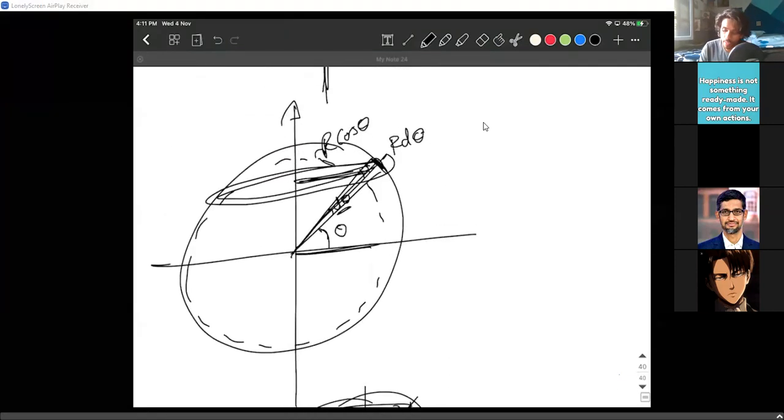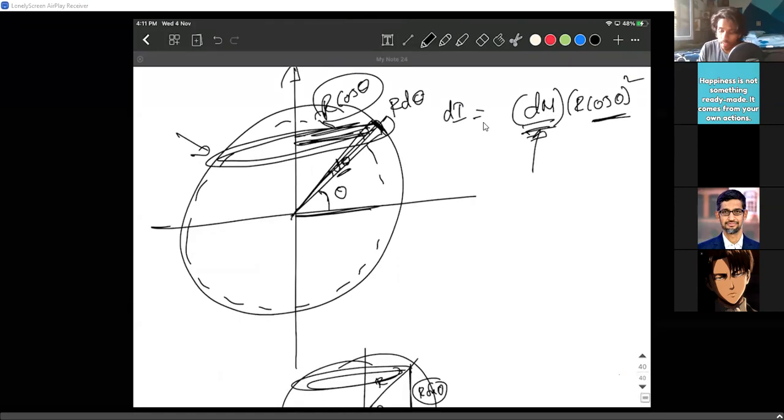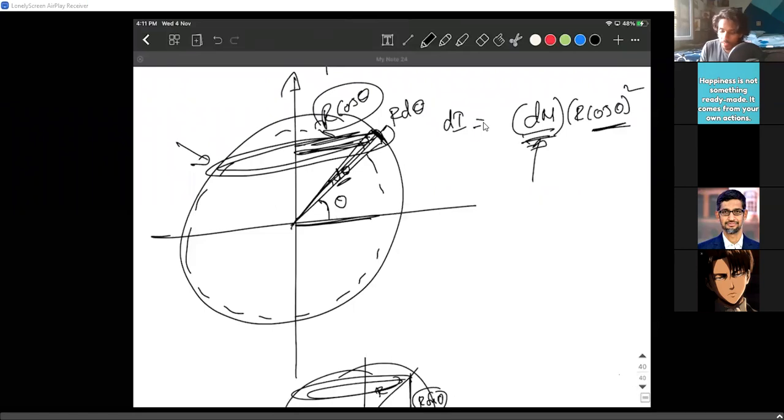So when you write the moment of inertia, this is not a vector quantity. You can simply directly integrate this thing. So the moment of inertia of this ring is dm, we will find out the dm value, into the radius of the ring, which is R cos theta, whole square. That is dI. I think we got really close here already. dm into R cos theta is the radius. Now writing dm is the main process, the main pain. I'm going to write dm in a very specific manner.